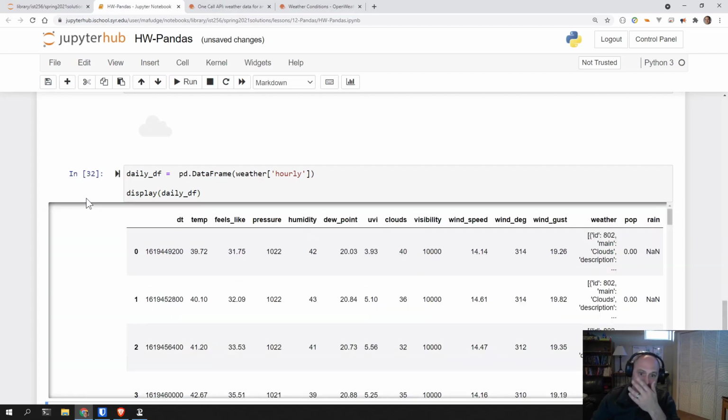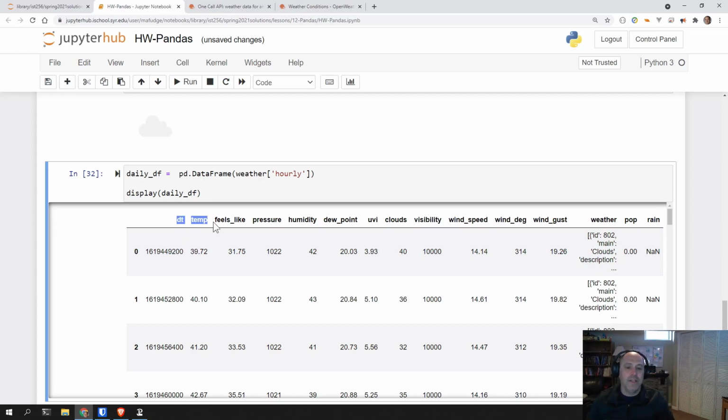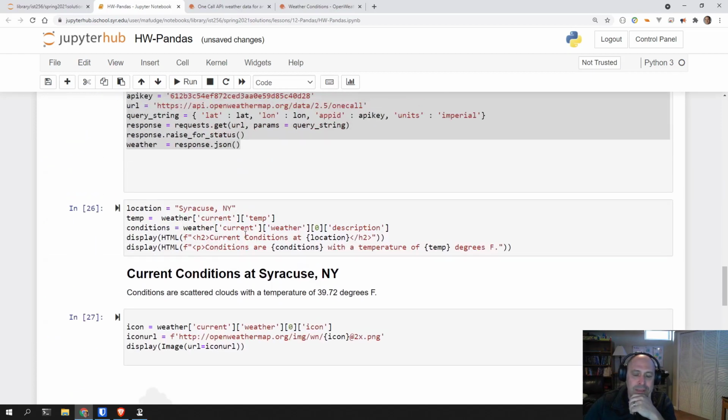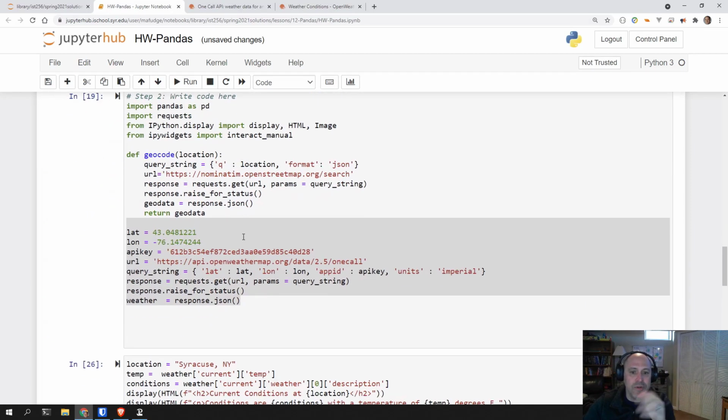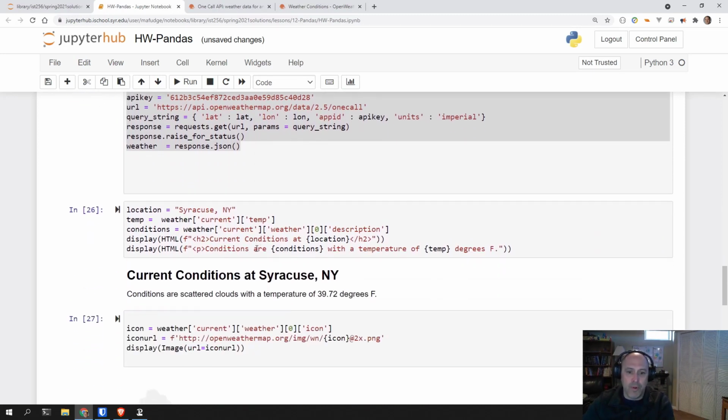But you don't want to display the entire daily data frame. Again, you only want to display the columns that are relevant. So it's up to you to figure out how to display the columns that are relevant. It's up to you to figure out how to get the daily data frame instead of the hourly data frame. And it's up to you to piece this all together into an interact,